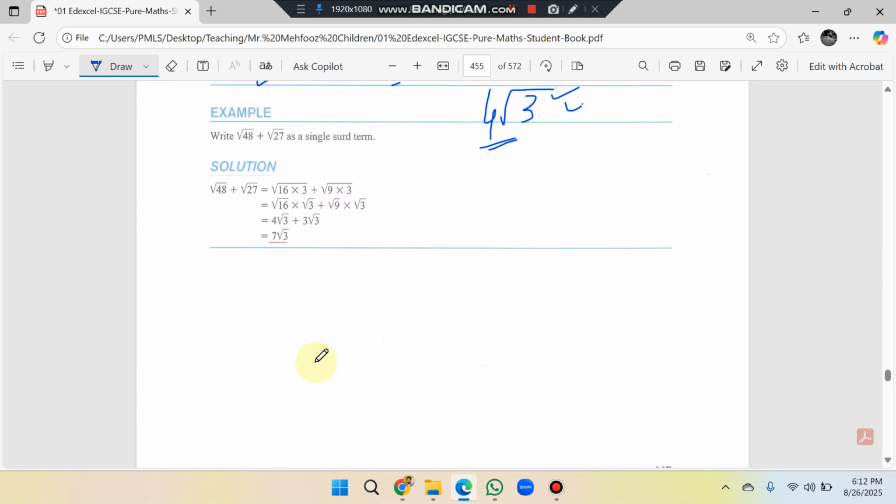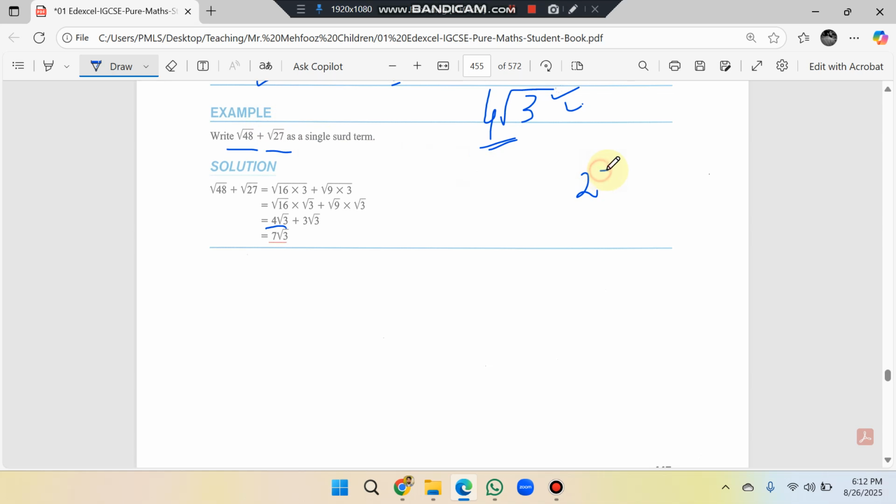In this example, you have seen that the two surds are adding to each other, right? So again, first of all, we have to simplify these surds. This square root of 48 can be simplified as 4 square root of 3 according to your previous example, and